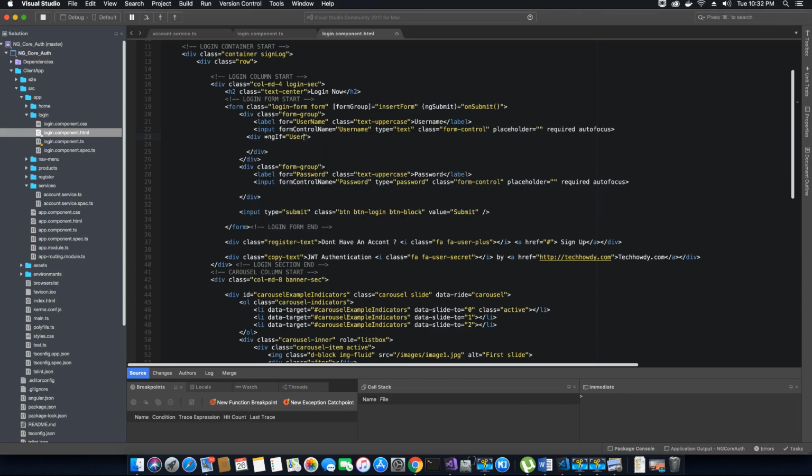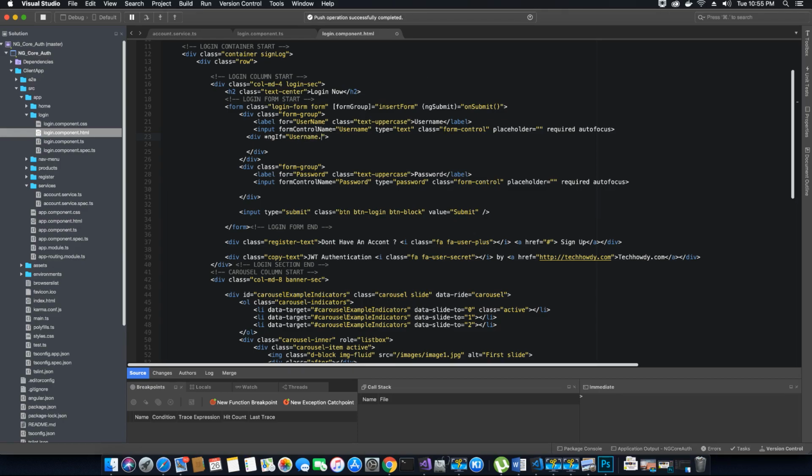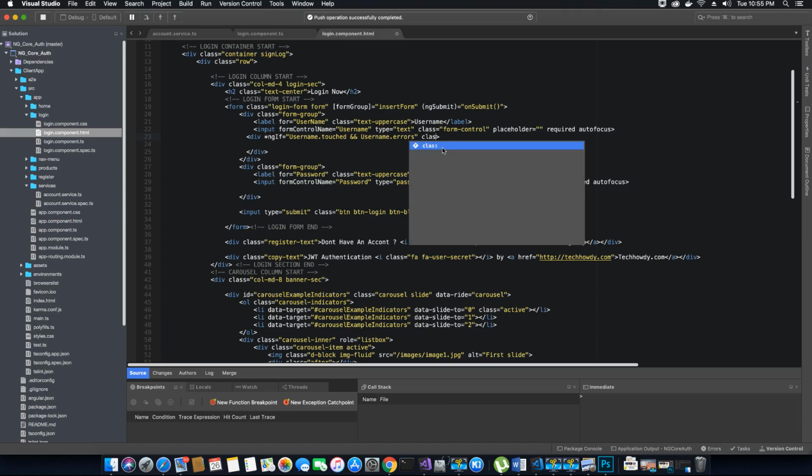We want to check if the username, that's this username here, we will call the touched method that is going to check if the input field has been touched by the user, and also we want to satisfy the condition if there are any errors in that field where the user entered his username. So if these both conditions are true, then what we want to do is set the class equal to error message,